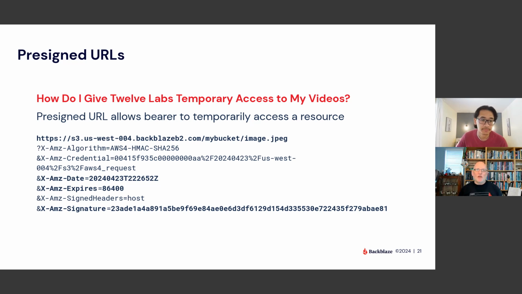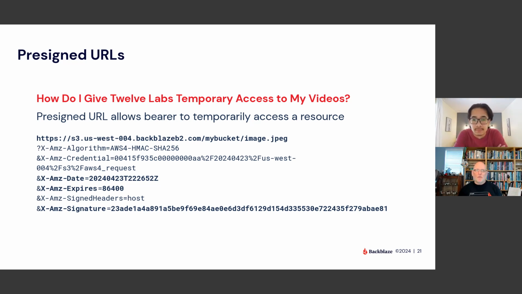So we have this URL, and on its own, if you try to get this, you would just get an error, 401, I think. You wouldn't be able to get it. It's a private bucket. And the magic here is that we add these parameters, and the important ones are the date and the expiry time. So there's a timestamp when you create the link, and then how long it lasts. That's the number of seconds in a day. And then this signature, and the signature binds everything together. So if you request this image with this URL, it will work for a day.